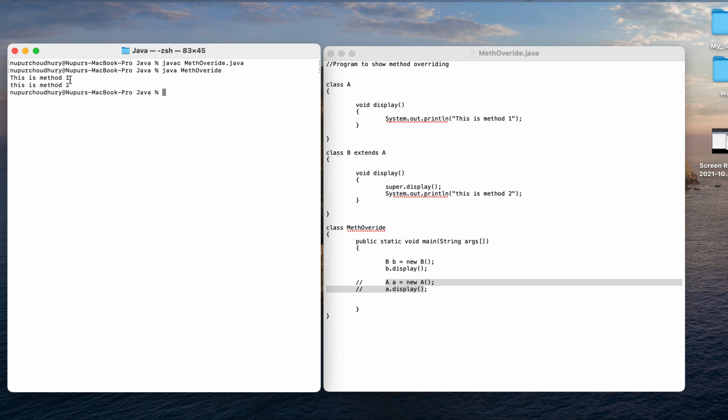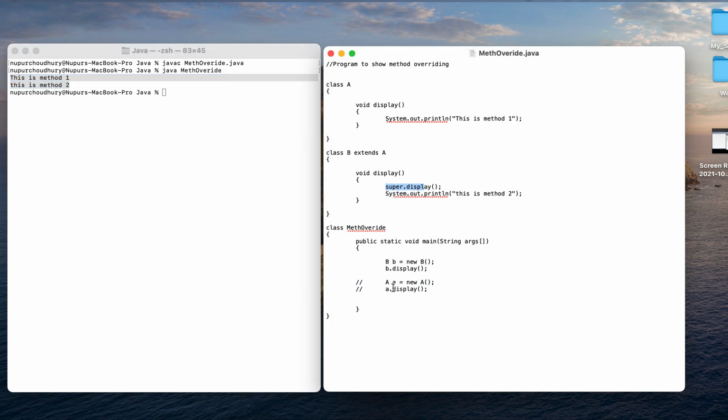So when I'm executing this, I am getting the result as this is method 1, because whenever the call is going from this particular method call to this method, whenever it is entering this method's body, the first statement it gets is super.display, and this display corresponds to the method of the parent class.